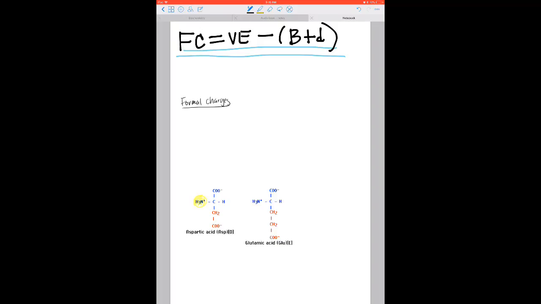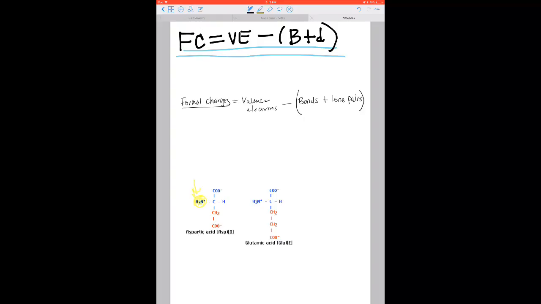And the equation for formal charges is equal to the valence electrons minus the bonds, or the single bonds, plus the lone pairs. Okay, and so this essentially, in order to answer this question